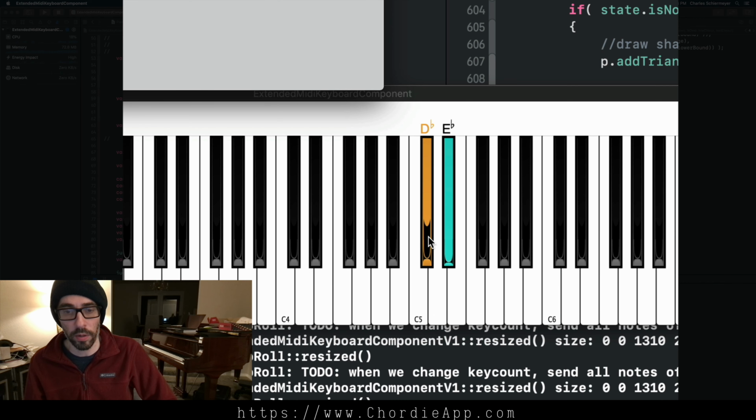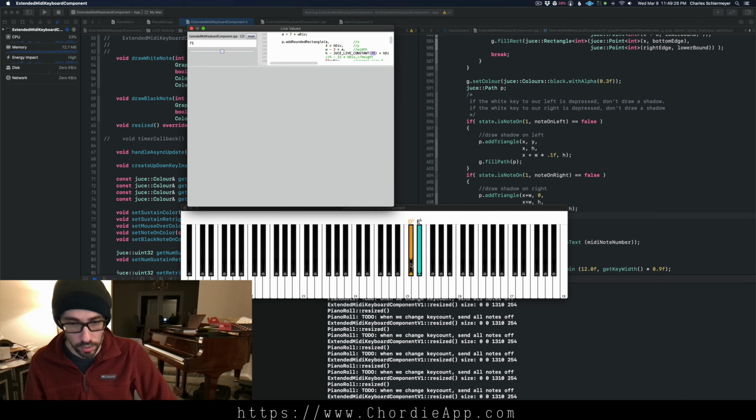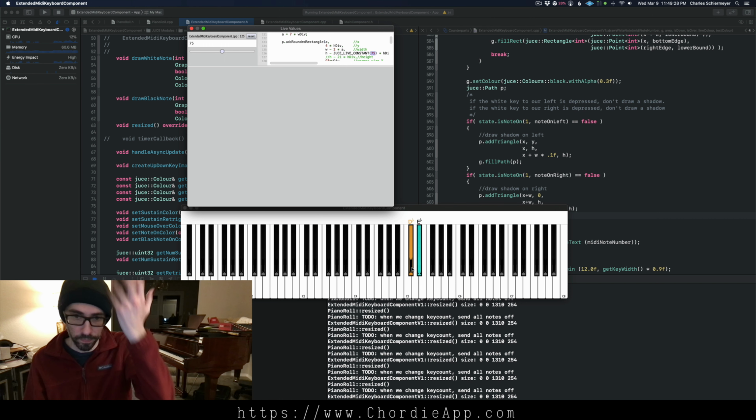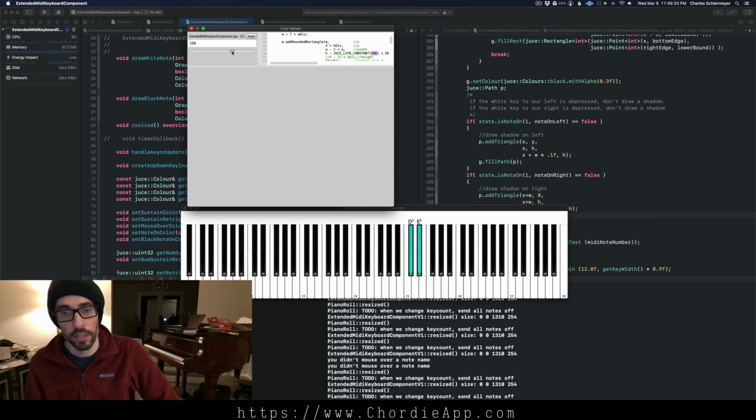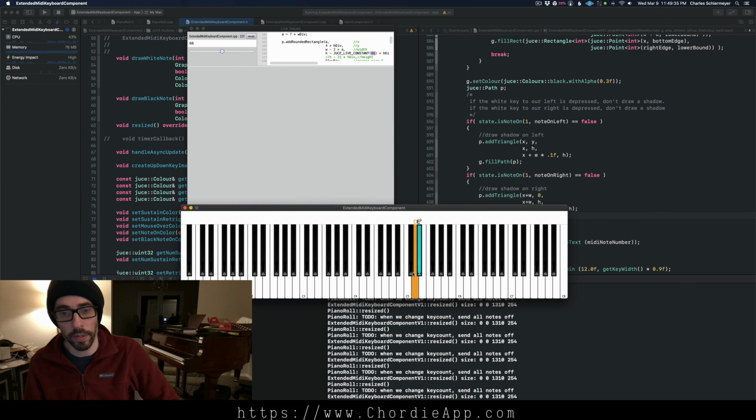But the way I've programmed it makes it so difficult to actually dial in these colors in real time. And if that's down, this doesn't do anything, and it's only when it's up, and I don't see that unless I actually mouse over the key. So